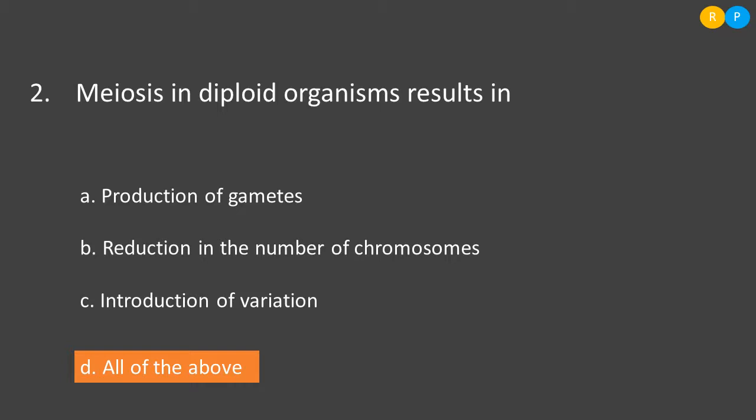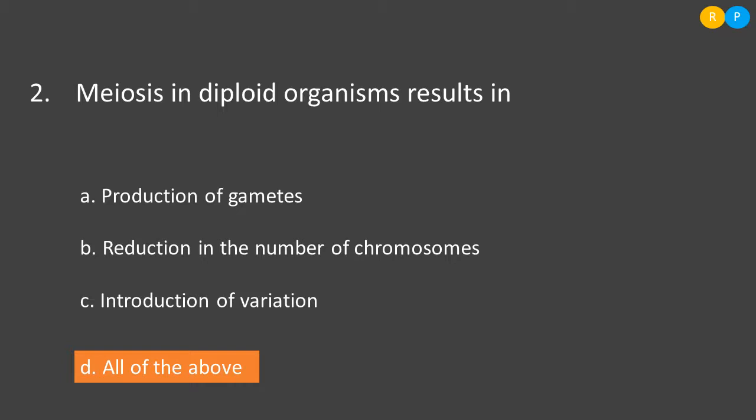And in the diploid organism, meiosis helps in the formation of gametes, because the parental cell will have diploid cells. So the gamete has to be formed from the diploid cells. For the formation of gametes, meiosis has to take place. Clear, right? So let us move to the options. Option A, production of gametes. As I told, in the diploid organism, formation of gametes takes place only by meiosis.